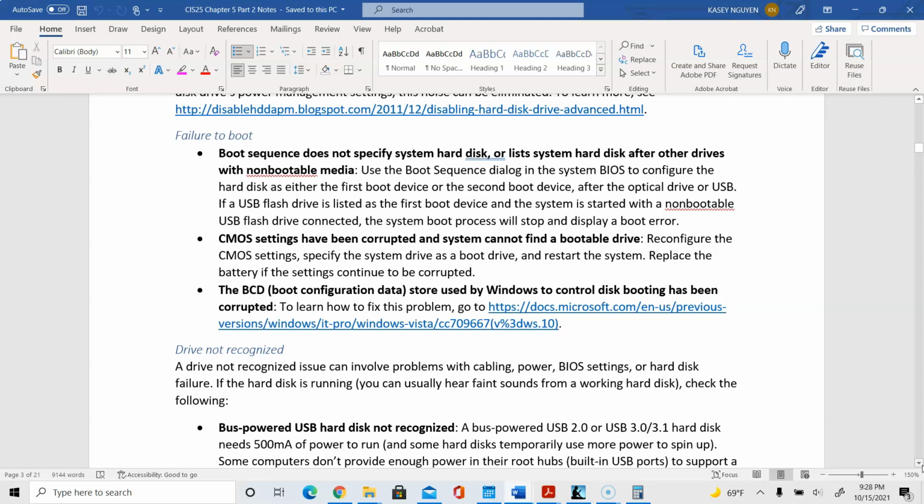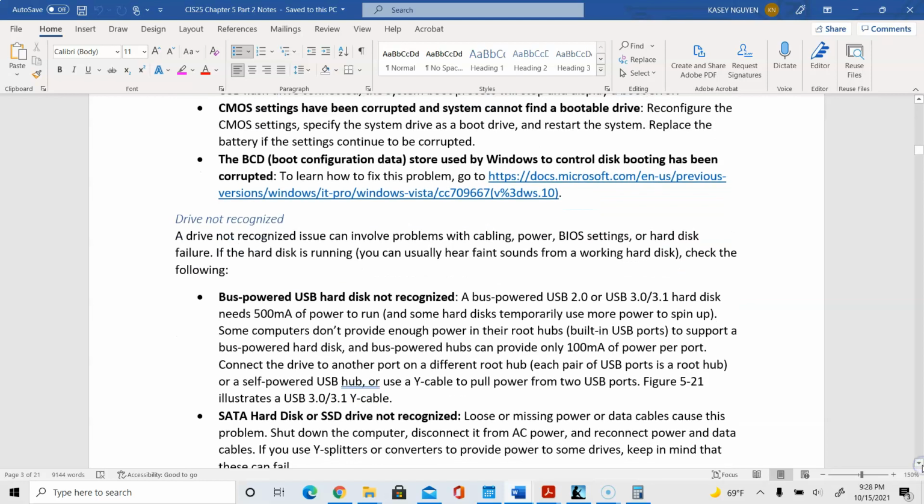If a drive is not recognized, such as a bus powered USB hard disk not recognized via 2.0 or 3.1, then we want to test it with another system that's known good. It could be that the system is not able to send enough power to that USB port. And so you can try it with a different USB root hub and see if it's able to detect it,